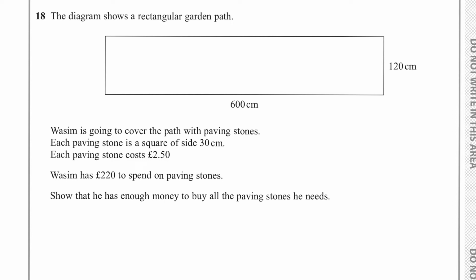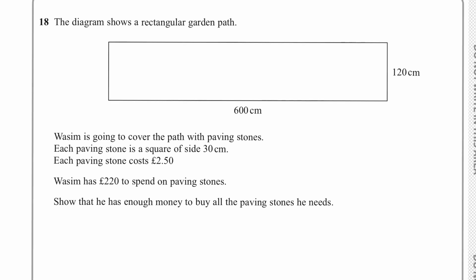So what we can do is, if each paving stone, I'm just going to sketch it. So it's actually a square, not a circle. So each paving stone is 30 by 30. Okay, so what we can do is work out the area of one paving stone and the area of the total garden path. So for the garden path, for the area